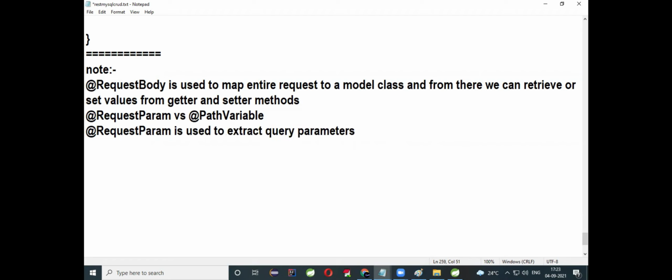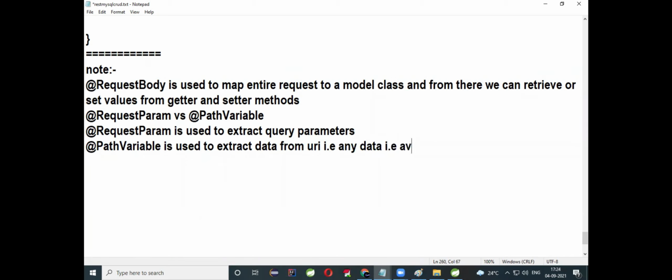But @PathVariable is used to extract data from the URI.